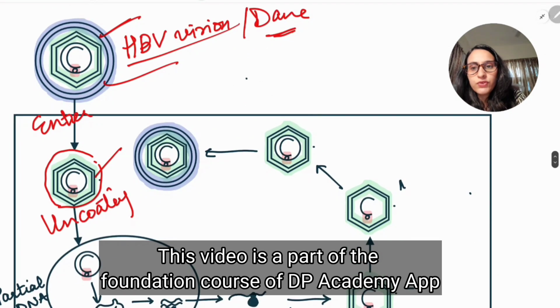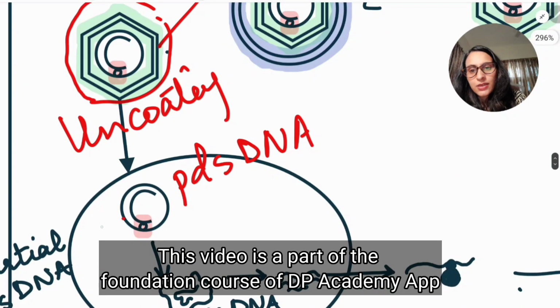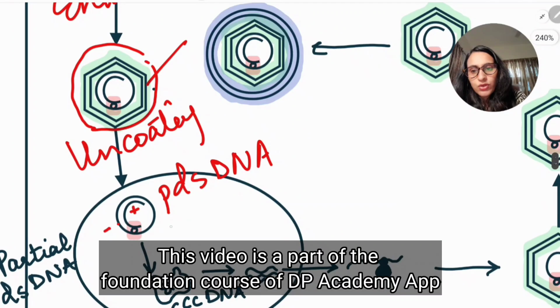There is no capsid. If you see, the capsid is also removed, and what we get is only the DNA part. So uncoating of the virus is done, and you can see the partial double-stranded DNA is exposed. Partial, one is the complete minus strand and the incomplete one is the plus strand. This partial DNA strand that is exposed is known as CCC